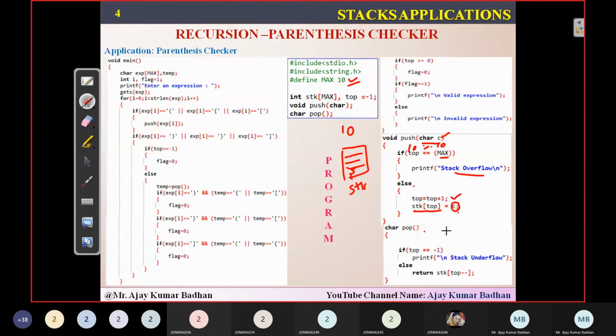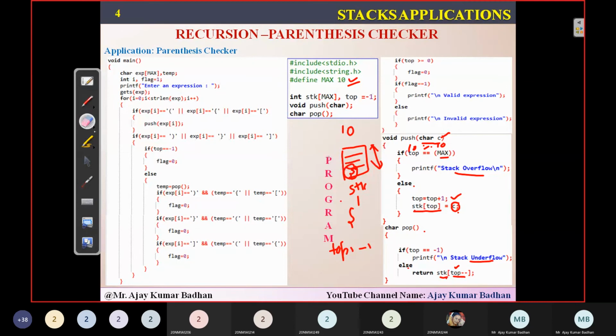How to pop it up? Very easy, right? First check the condition. If top is equal to -1, that indicates no elements are present in this particular stack. Simply say that stack is underflow. Else return stack of top, minus minus. Whatever element is present at the top, it will first remove and store it and give the value. What is the value we have? This will be coming up, and then top will be decrementing. Then top will be equal to -1 since there is only one element here. So this is exactly how this particular function works.